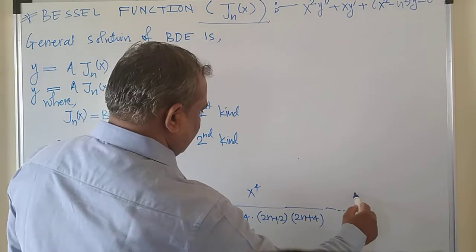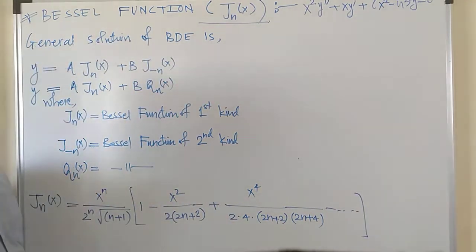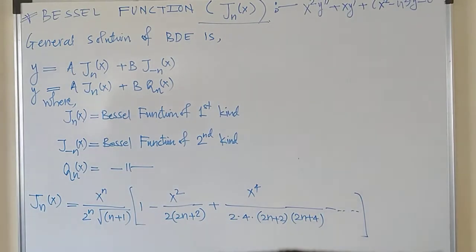So this continues, right? So this is the relation for Jn of x, and in a more simplified way, this Jn of x is written as,